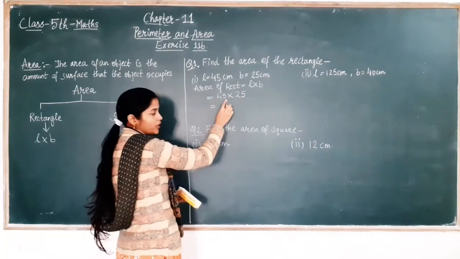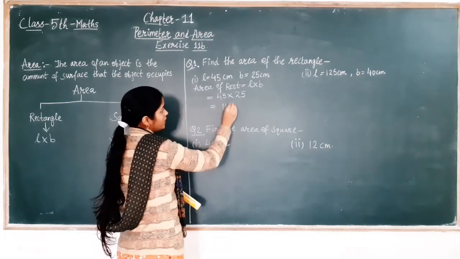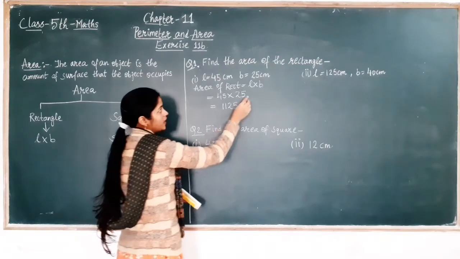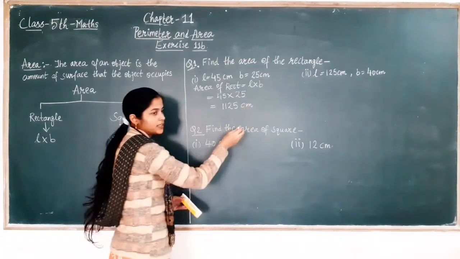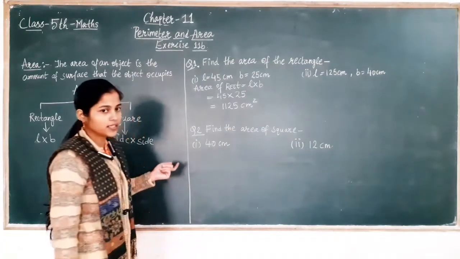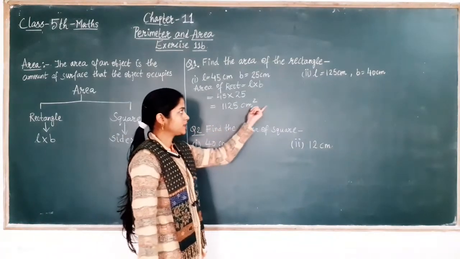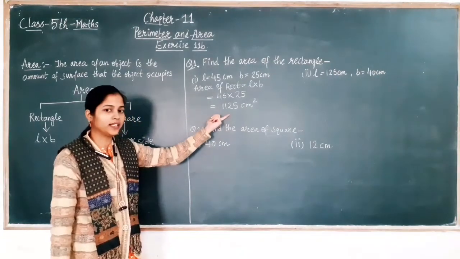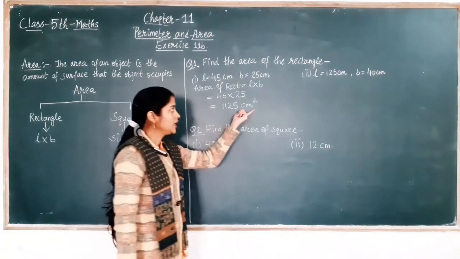If we multiply 45 into 25, we will get 1125 centimeter square. If we are finding the area, then we have to write centimeter square. In perimeter, we only wrote centimeters, but if we are finding area, we have to write the unit